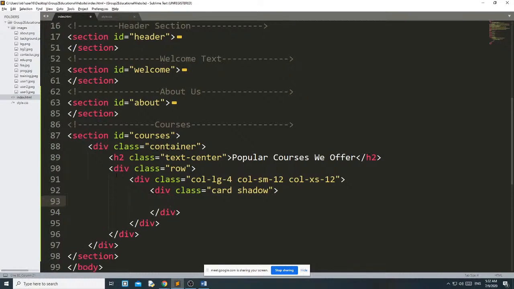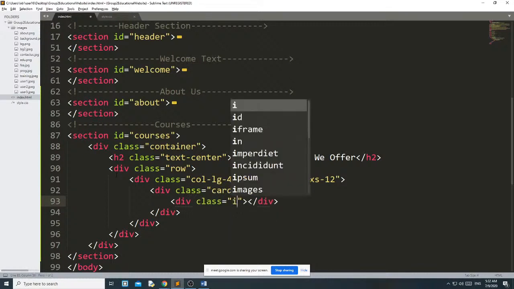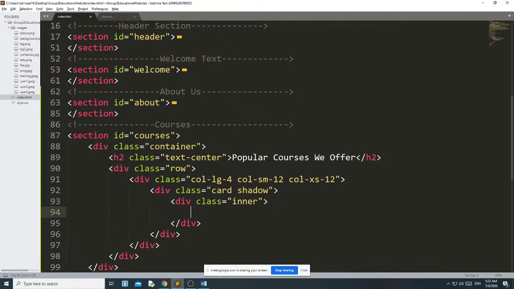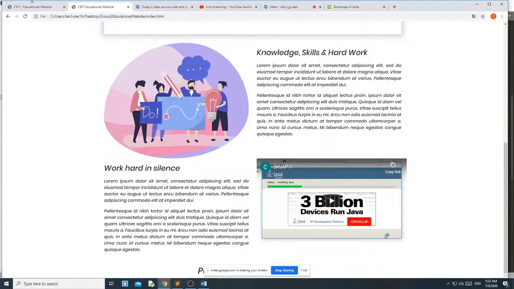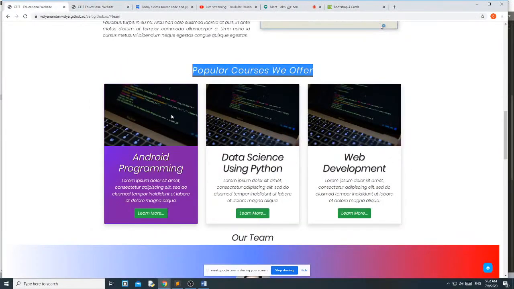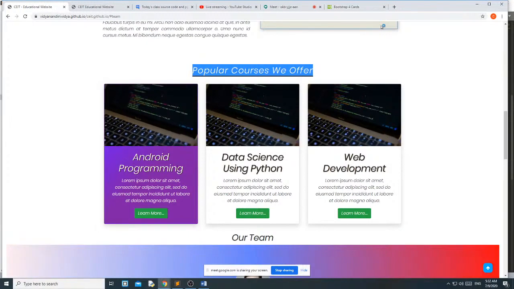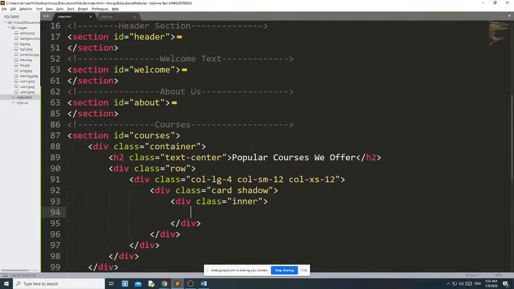Then div, first I want one image. You can see that in this card the first one is the image, then I have the heading, then some paragraph, then one button. Okay, the first one is the image.